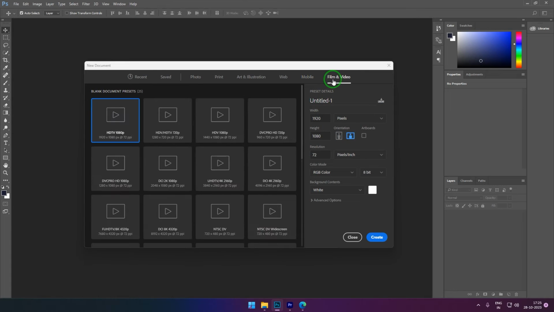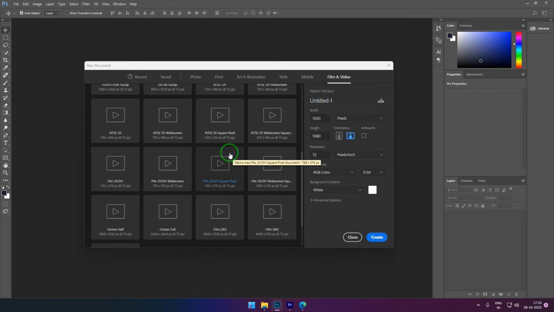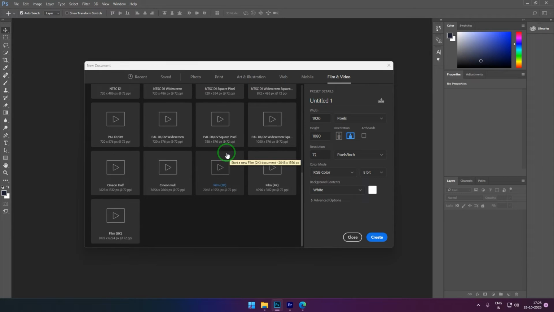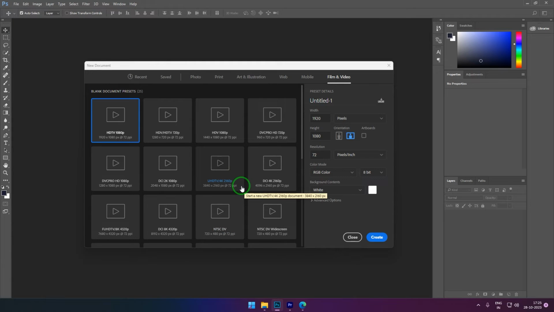You got Film and Video, which is basically for monitors, TVs and theater screens. So you got HD, full HD, and then you got your normal TV sizes which are PAL, NTSC, and we have 2K, 4K, Cineon Full, Cineon Half, Film 8K, all that stuff. If you feel that nothing there meets your requirement and you want to create a unique size,